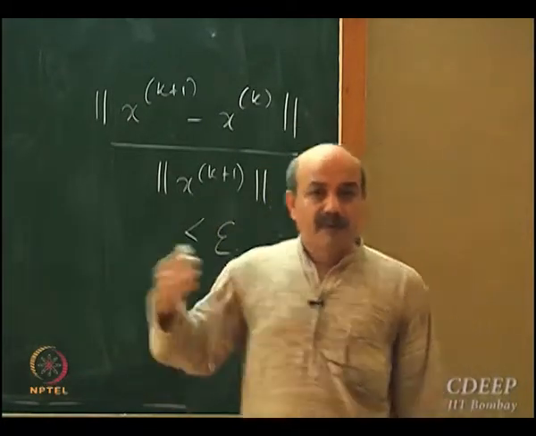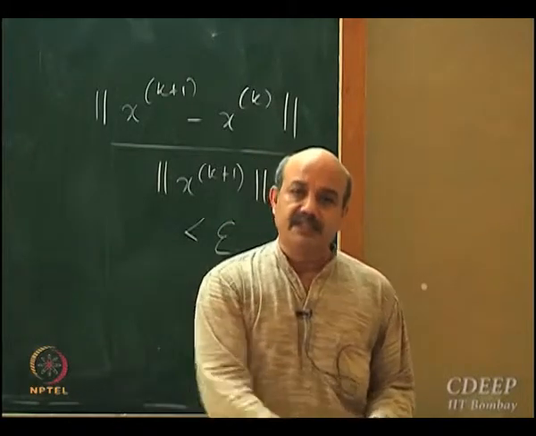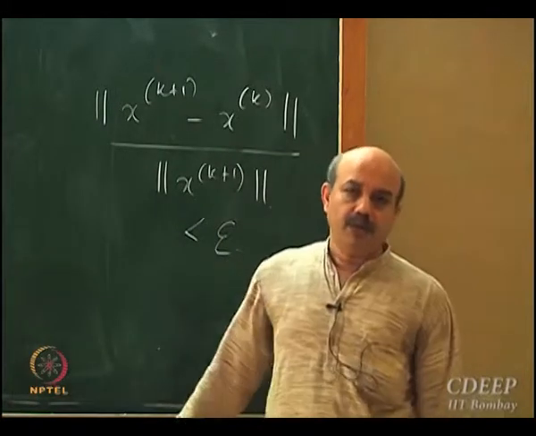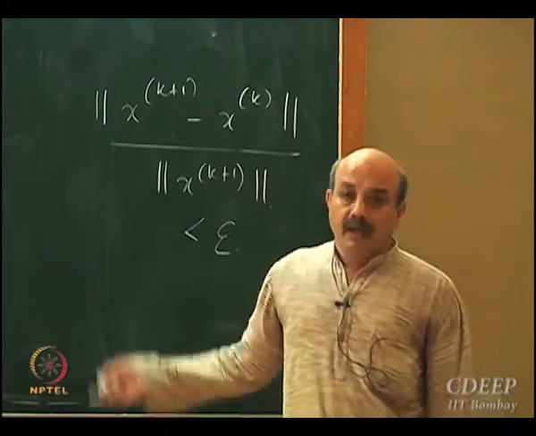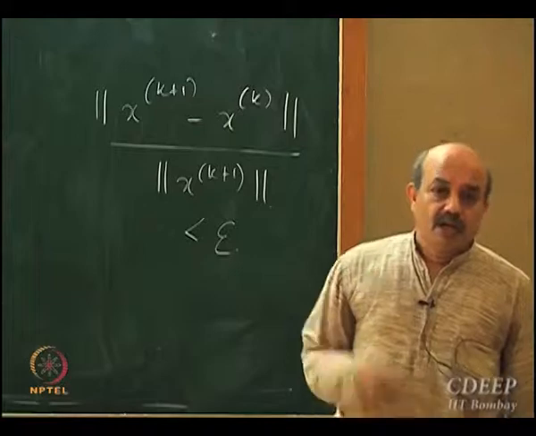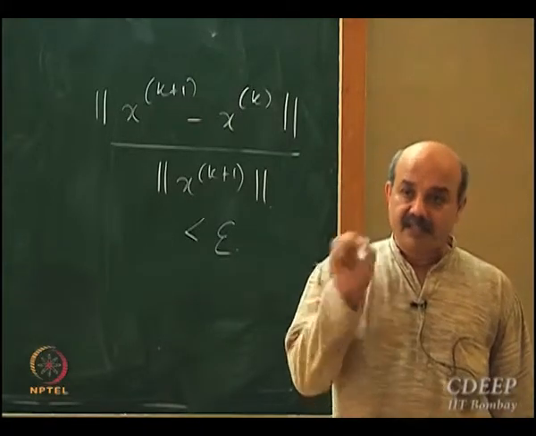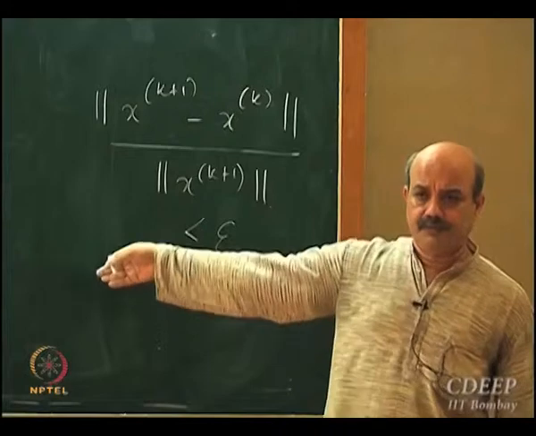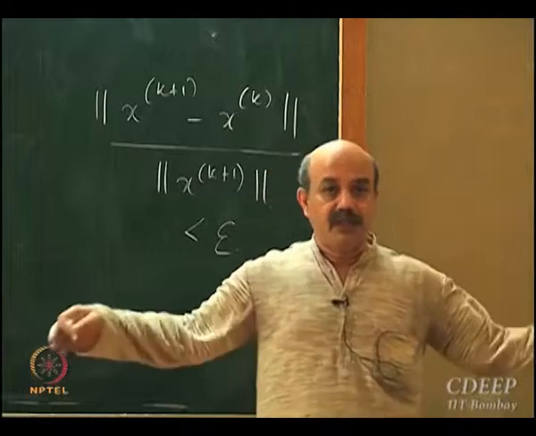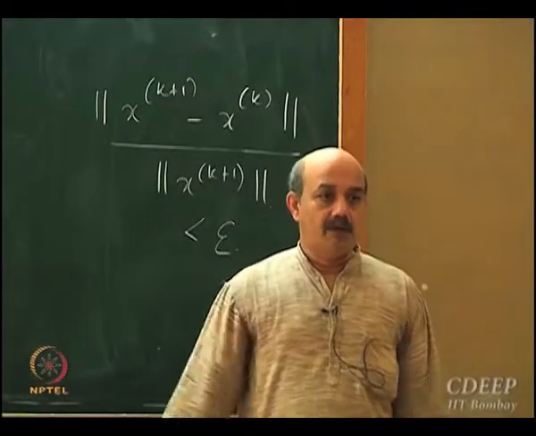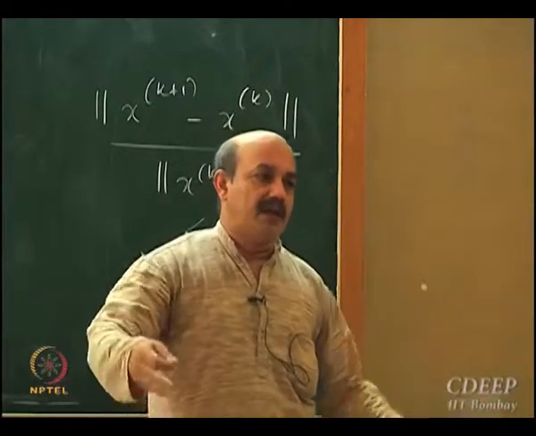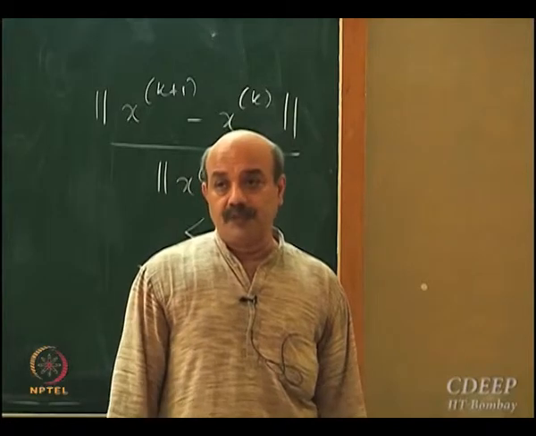When will this method converge? How will it converge? We will postpone that discussion to a little later part. I will discuss that towards the end. At least I will mention it, though we cannot go too much into details. If you give a reasonable initial guess, this method will converge to the solution. Generating a good initial guess may not always be possible, particularly for large problems. If you are doing a steady state simulation of an entire section of a plant, generating an initial guess is no joke. It's quite difficult.